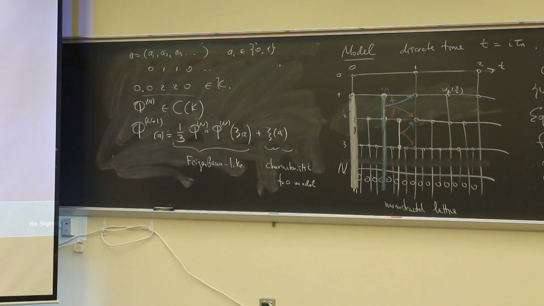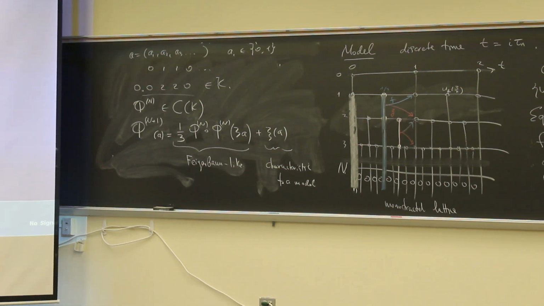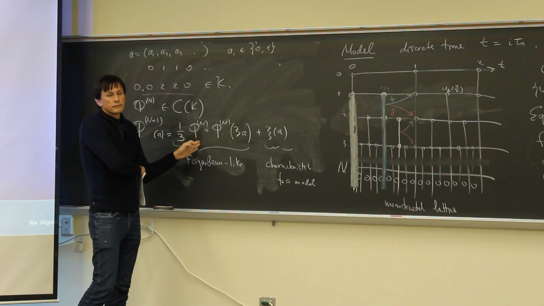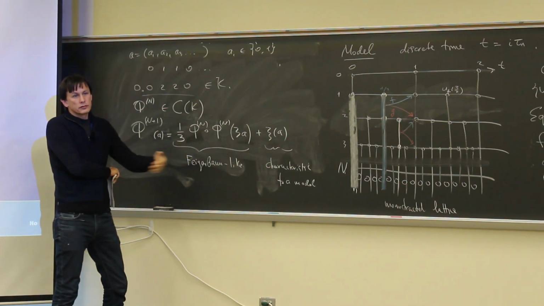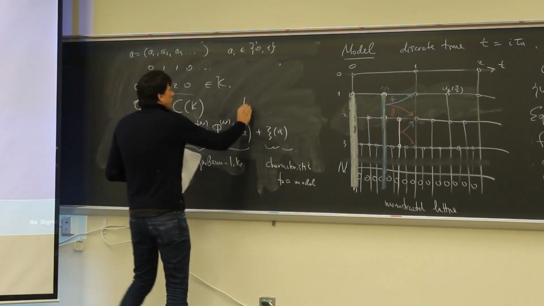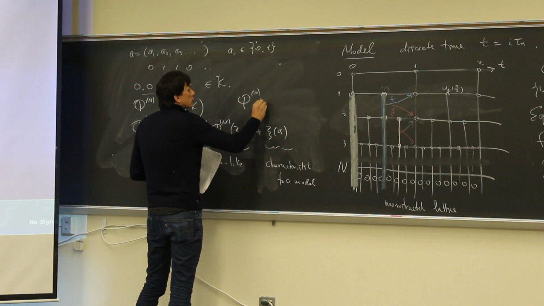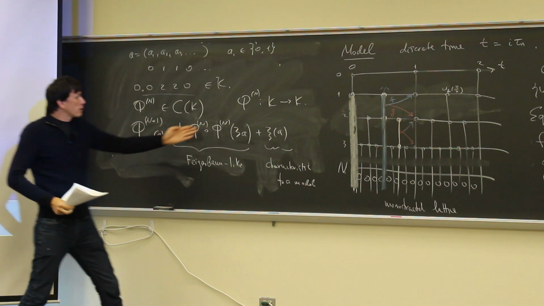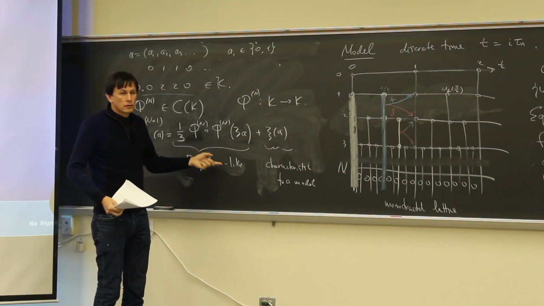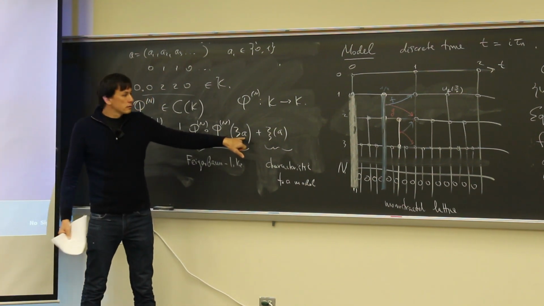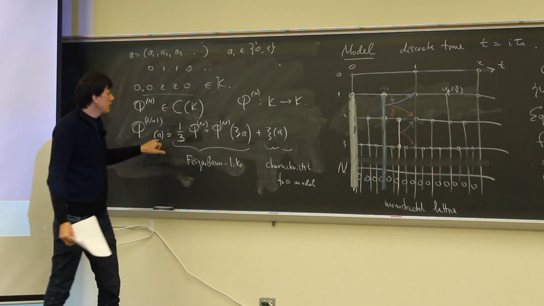Yeah, but phi is supposed to be a function on the Cantor set. Now you're composing it. Yeah, Cantor set to Cantor set. Yes. It's a function of Cantor set to Cantor set, so you can compose them, right? Why is it going to the Cantor set? Because every Fn is a Cantor set to Cantor set map. Well, you're just repeating your statement. Yeah, and then if you do it, conditions of a point of the Cantor set. It eats A, so you take a point on a Cantor set. The argument is A. A is in the Cantor set.